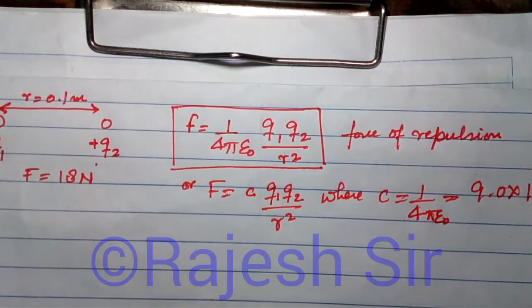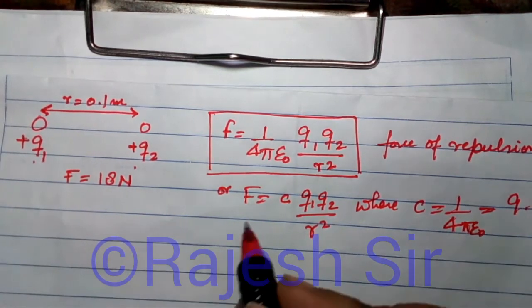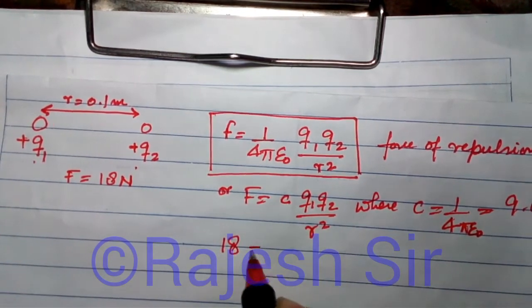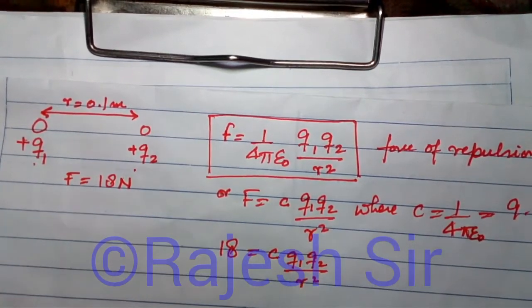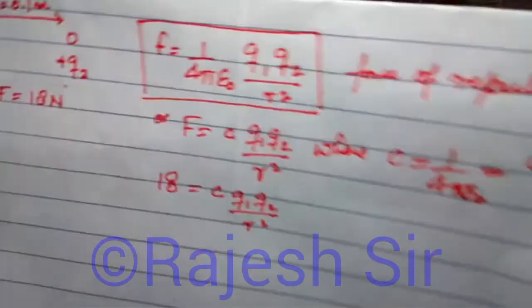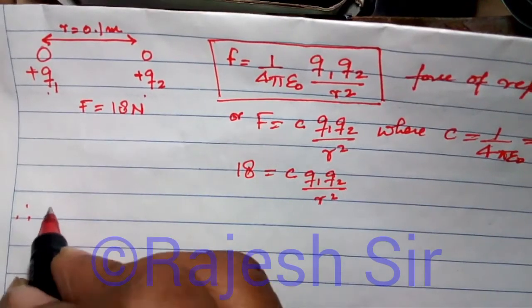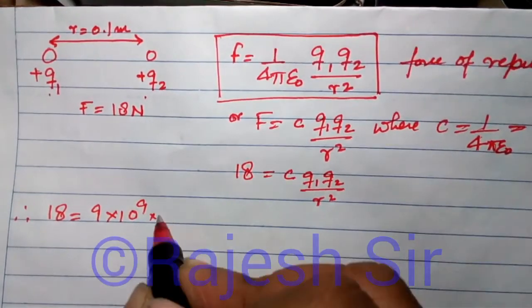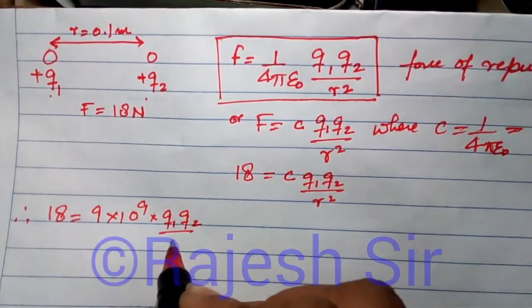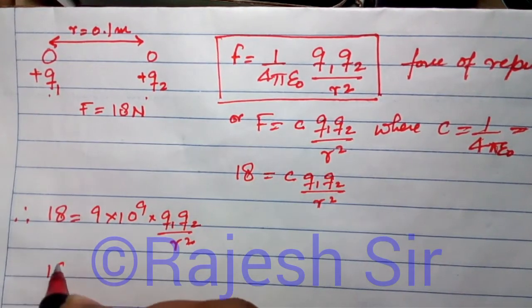Now the force of repulsion here as per the problem happens to be 18 Newton. What I'm going to do is put F equal to 18, so it becomes 18 is equal to C Q1 Q2 by R square. Therefore 18 is equal to 9 into 10 to the power of 9 into Q1 Q2 upon R square, and R happens to be 0.1, so 18